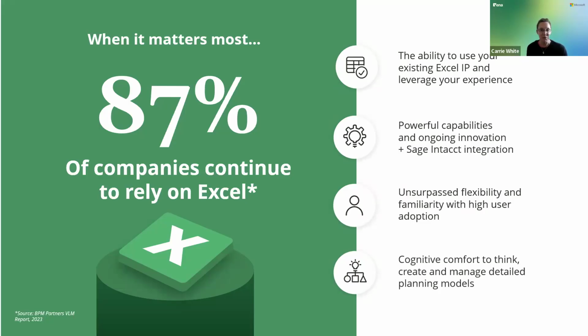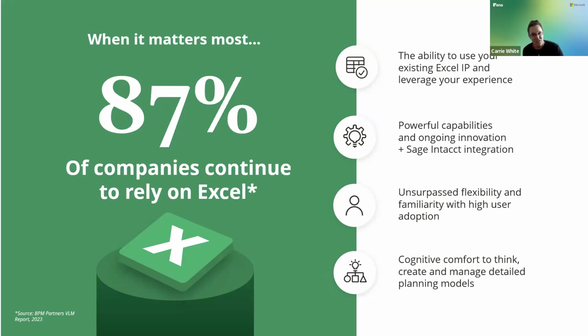And when it matters most, companies are still relying on Excel. And Vena, as a complete planning platform optimized for the Office of Finance to do financial planning and analysis, has decided that we are going to embrace Excel because 87% of companies still continue to rely on it. We're not going to replace it, but what we're going to do is layer it on top of a very rich, very secure, very audit capable, multi-dimensional OLAP database that allows you to really do some powerful things, leveraging the